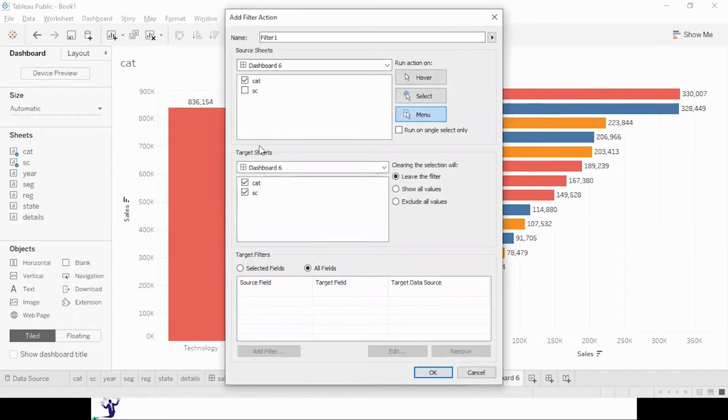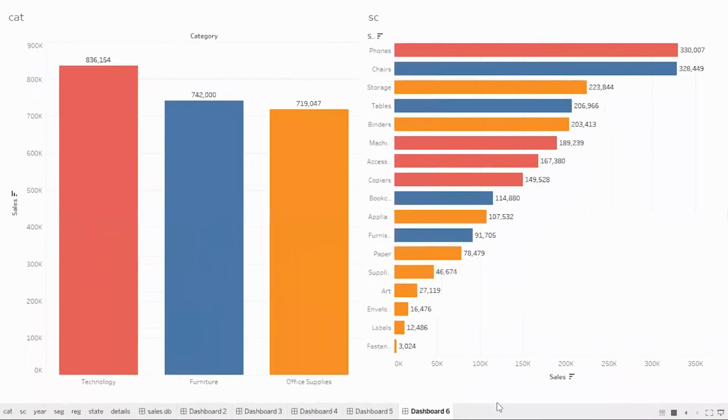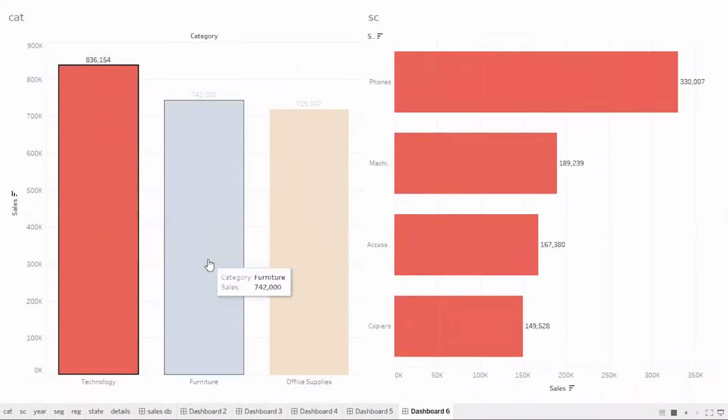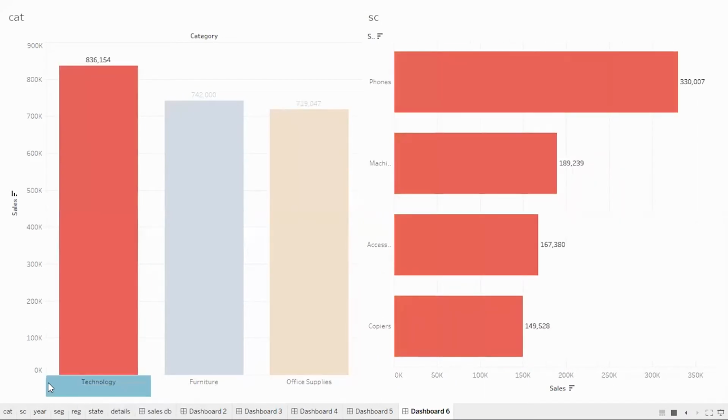Source is the category and the target is the subcategory. On select, I want to filter. Say OK and OK. Now see what happens. Let me click on technology. Here it goes. Furniture, office supplies. Click outside.